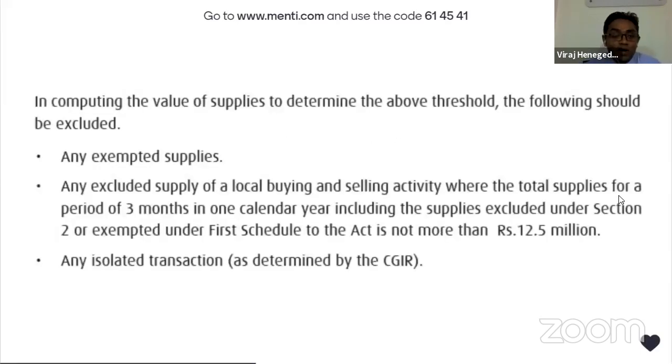Okay, we'll move to the next one. In computing the value of supplies determined above the threshold, the following should be excluded. Again, I am telling, exempted supply should be excluded, and any excluded supply of local buying and selling activity where the total supply of a period of 3 months or calendar exempt under the first schedule act is more than 12.5 million. So you can see here, other than 12.5 million, any supply of